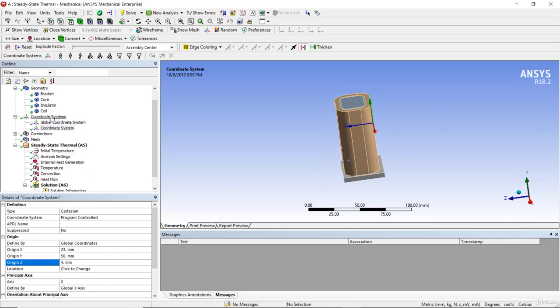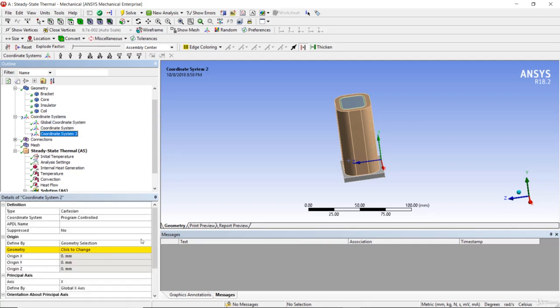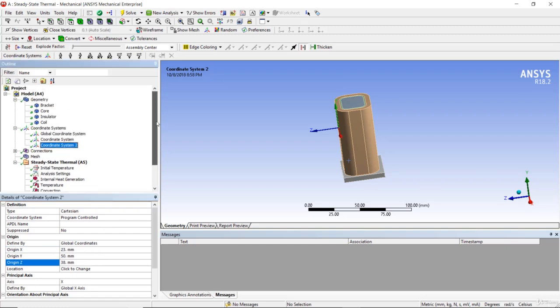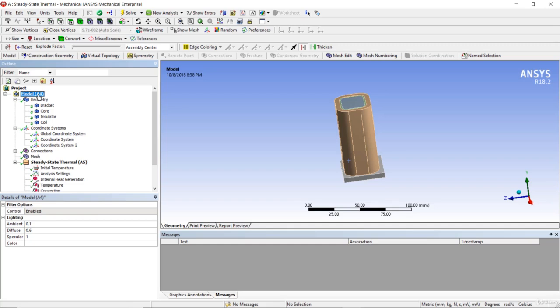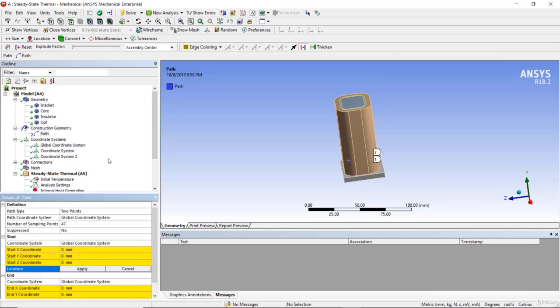Then I am going to right click, say insert, and create another coordinate system. I am going to define it by global coordinates, and the coordinates are 23, 50 and 38. Once I have created these two coordinate systems, I am going to go to the model branch, select the construction geometry, and in the construction geometry I am going to select to create a path,